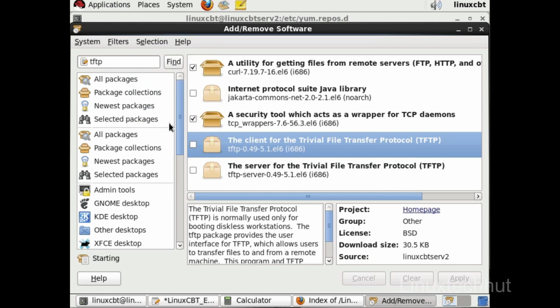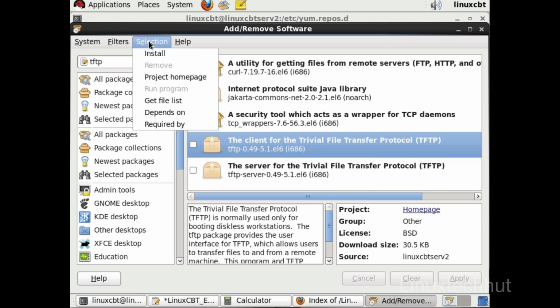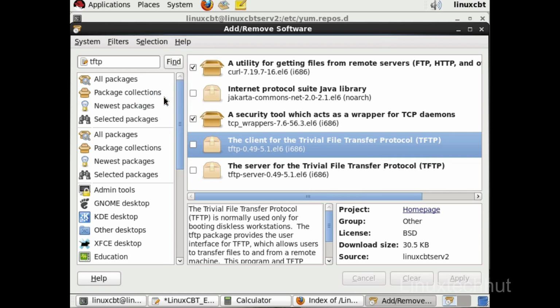Required by is the converse, so let's get that going. And no packages require TFTP, whereas other packages like coreutils and so on are definitely required by other programs, or grep, for example. If you'd like to see a file list for the package, again, this is just like